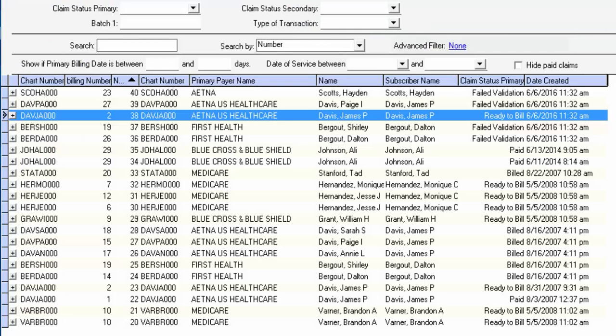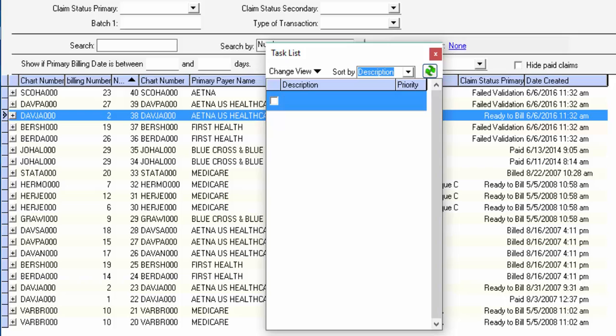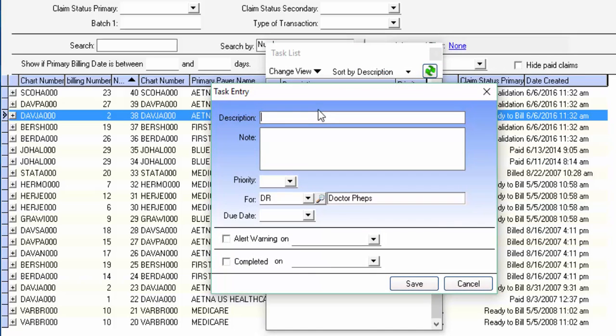Another feature that's not specifically tied to the claim list but is often used here is the task list, which you can access by clicking F12 on your keyboard. This is an area where you can create different tasks and assign them to different users. So for example, if I wanted somebody in my office to follow up on some of these claims that we created that failed validation, I could type that in here,